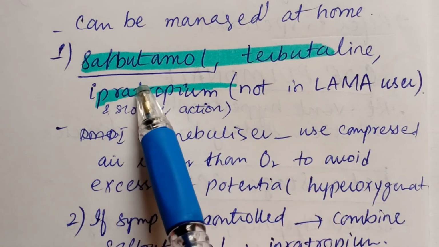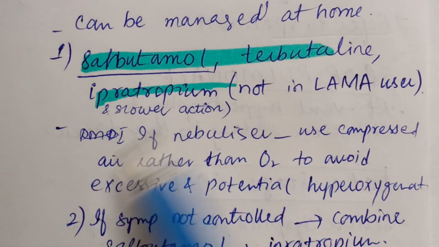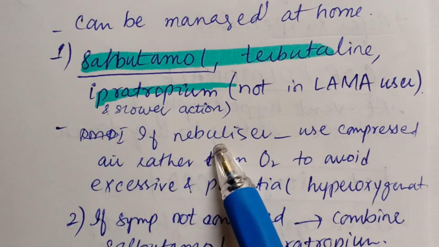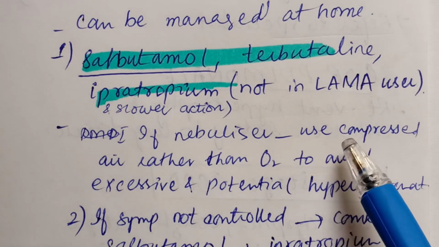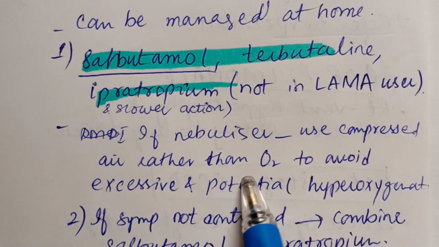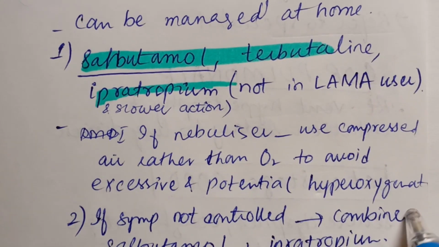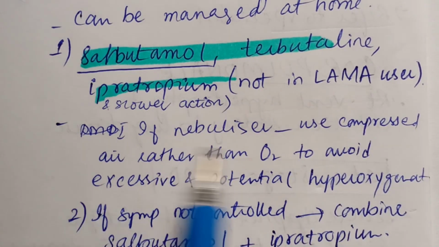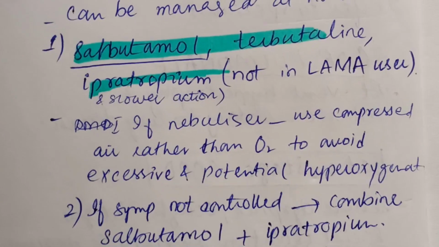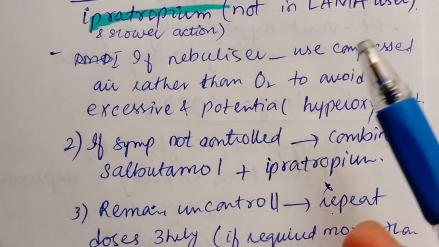These short-acting bronchodilators can be given by spacers or pMDI, but if a nebulizer is the source, we have to use compressed air rather than oxygen to avoid excessive and potential hyperoxygenation, which is harmful for COPD. We have to use compressed air rather than oxygen in the nebulizer, right? If after the short-acting bronchodilator the symptoms are not improving,